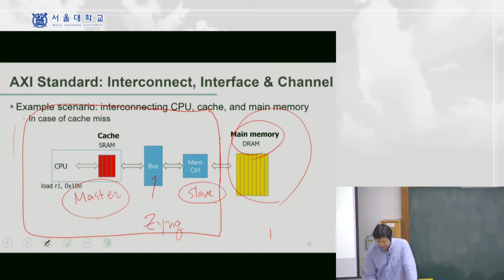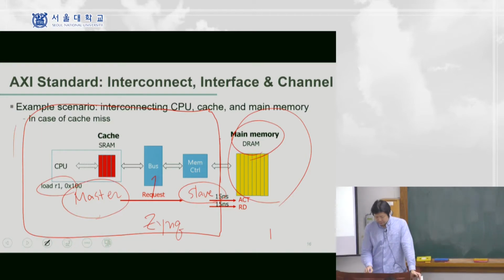If there's a cache miss, let's say for example you're executing a load instruction, loading some value from address 100, you first check whether the block is available in the cache, right? If it hits, then the data comes immediately from the cache. But if it misses, then the request will be forwarded to the bus, and eventually it reaches the memory controller, right? And then this memory controller,